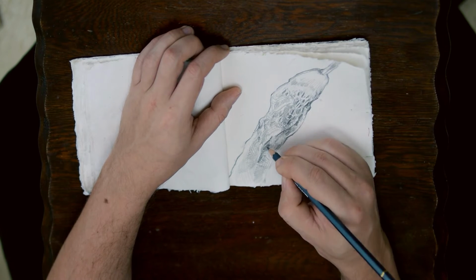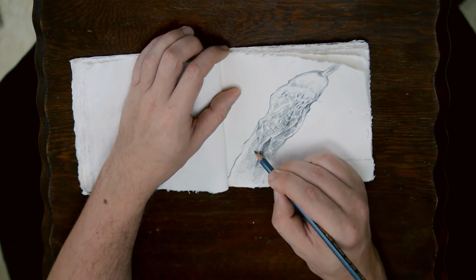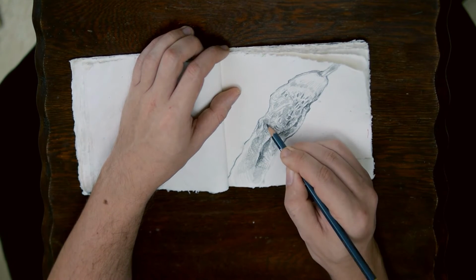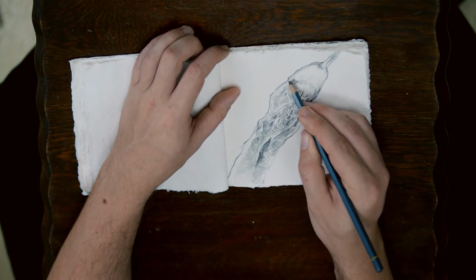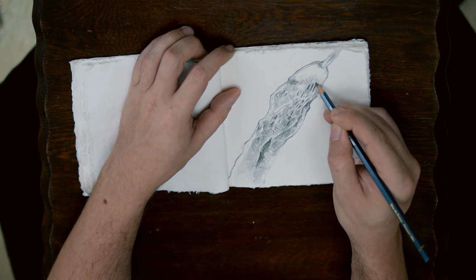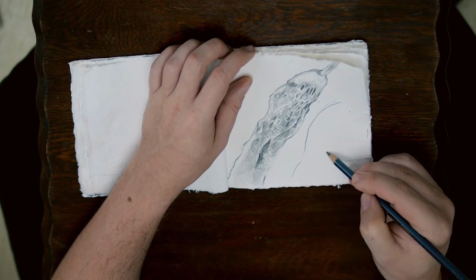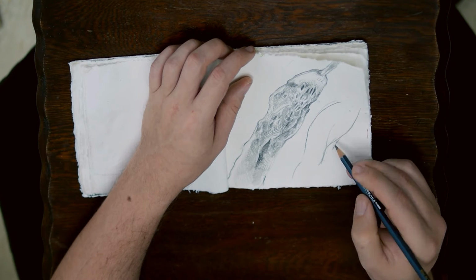Yeah, it looks like I'm just descending into detail hell there. Yeah, I hope the drawing doesn't remind you of anything. Oh dear. Yeah, I hope we don't have any Freud enthusiasts watching. I'm sure they'd start to try to pick this one apart. Oh my days. Alright, let's just...